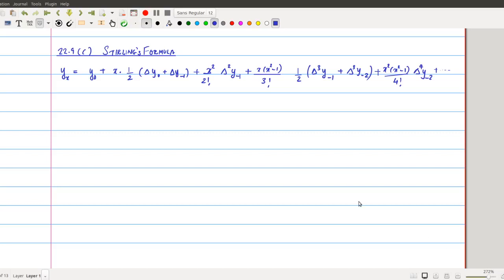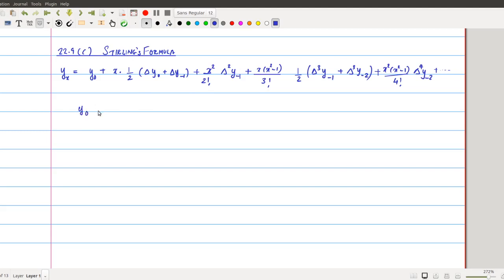Hi, today we discuss 22.9 again. First we discuss the Stirling formula. So this is the Stirling formula. To remember this formula, you need to